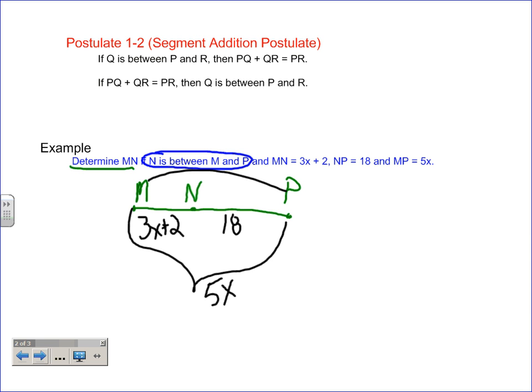Now what it's saying is add the two smaller pieces and it should equal the whole thing. Isn't that really what it boils down to? So here the two smaller pieces are MN and NP. So 3x plus 2 and 18 are my two smaller pieces, correct? They better add together to be the whole thing, which according to this problem is 5x. So let's write that down. 3x plus 2, which is one of the smaller pieces, add the other small piece, which is 18, better equal